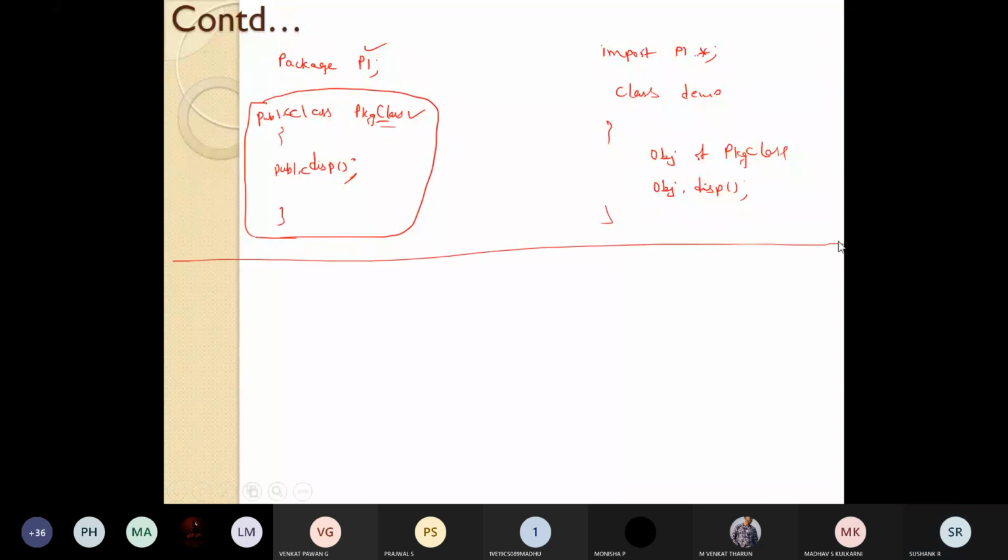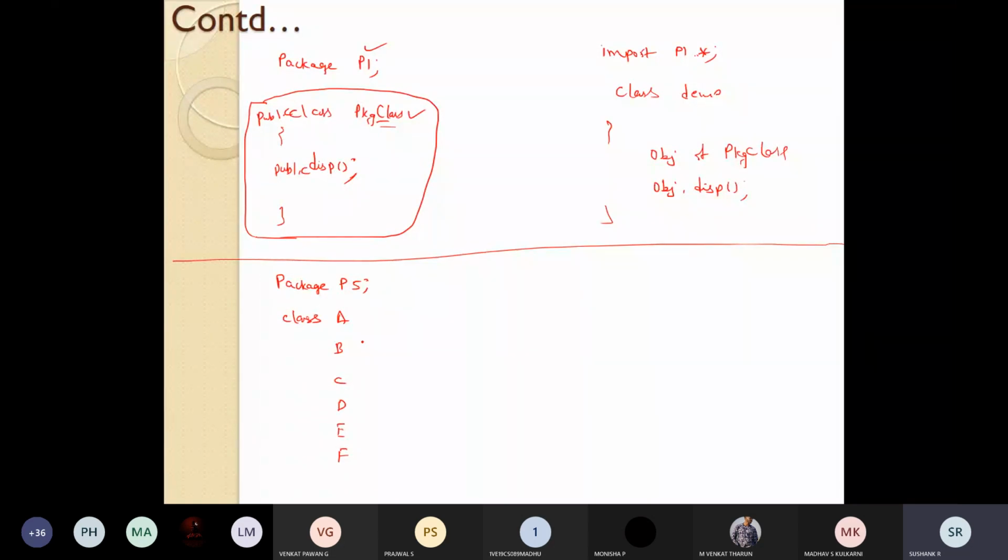I'll generalize this. So, for example, there is a package by the name P5. This package will contain classes like class A, class B, class C, class D, class E, class F. Means the class in the sense some files. So here we had only one class. Now here we are having six classes, class A, class B, class C, class D, class E, class F.